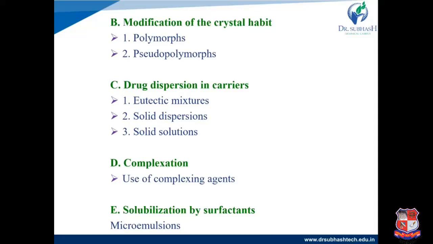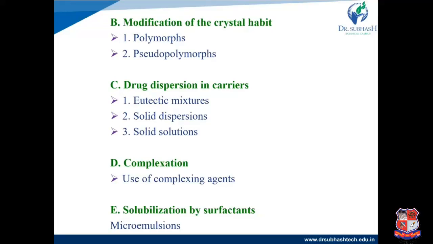In the crystal form, when more than one crystal form exists, we call it a polymorph. In polymorphs two forms are there, metastable and stable. The metastable form shows higher aqueous solubility than the stable form, because metastable forms have higher energy as compared to the stable form. Another one, the hydrates and solvates. Anhydrous forms are more soluble than hydrates, because the hydrates have already interacted with water molecules, so their tendency to absorb water is less as compared to anhydrates.